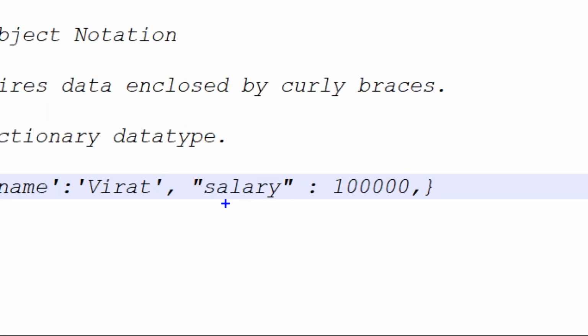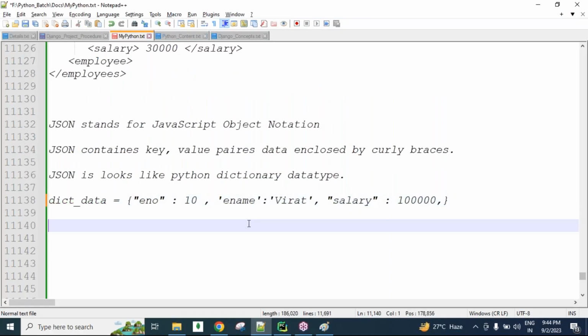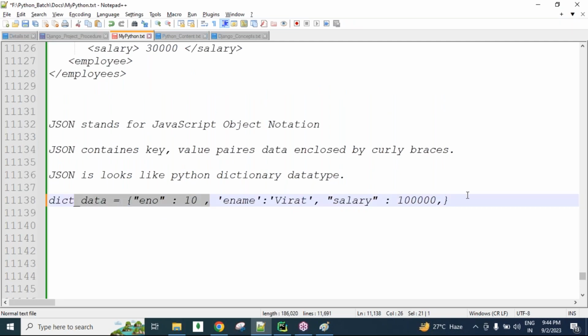And for the last key-value pair, if we have a comma also, no problem. If you have a comma also, no problem, guys. Okay? This is the dictionary related. And now, guys,